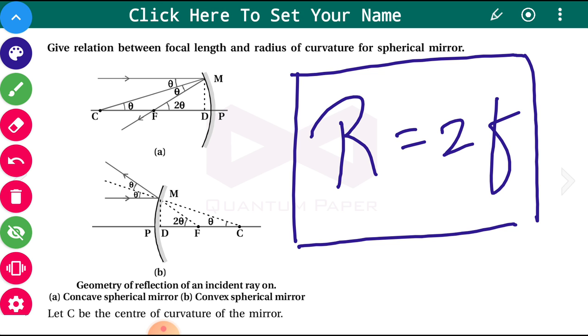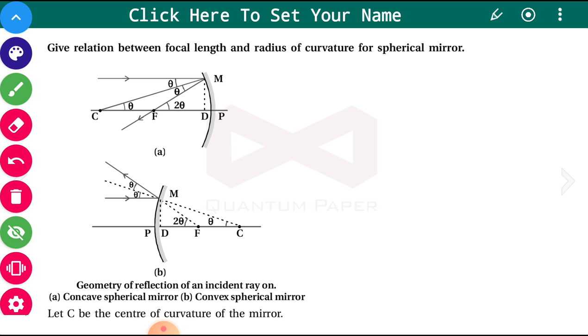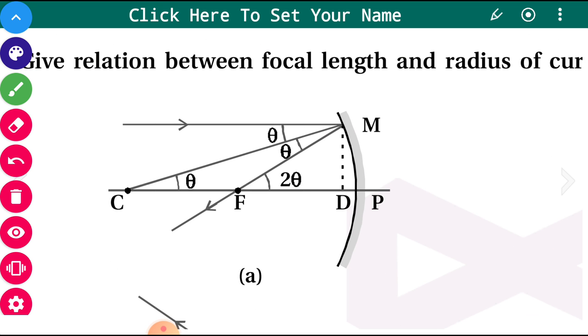understanding. Okay, say for example you have this concave mirror. Try to understand this figure and just orally you can understand very easily. It's too easy. Okay, this is your concave mirror and this is the incident ray which is incident at an angle theta. Now try to understand how this perpendicular is drawn from the center of curvature. Now try to understand this as a